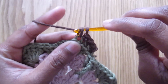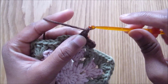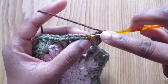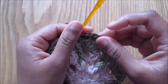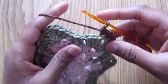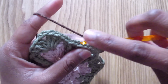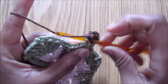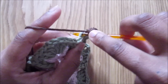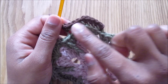What I'm going to do, using the back loop of the chain, I'm going to do in the first one a single crochet, and then I'm going to do chain 1 and going into the next chain using the back loop and single crochet. So I've got a single crochet, chain 1 and a single crochet, and now into the next 3 stitches again I'm going to do a single crochet. So 1 single crochet, 2 single crochet, and the third one. So you can see I've done this side,